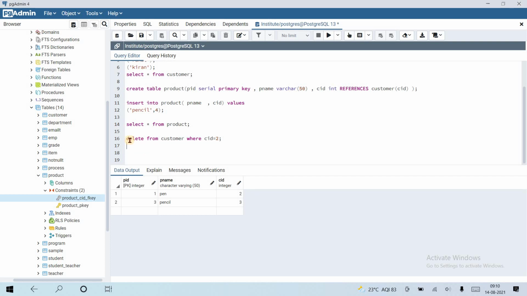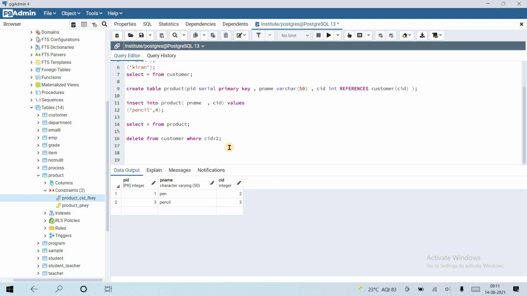If you want to delete this customer, then you first need to delete it from the product table, and then you can delete it from the customer table. So we can say that the foreign key maintains a referential integrity constraint that references another table.